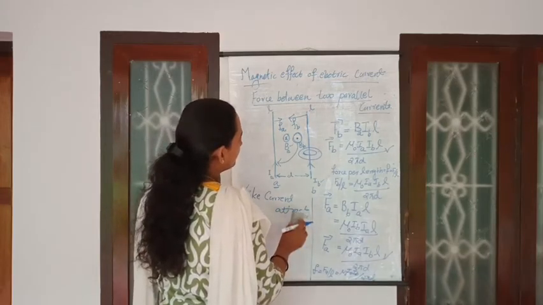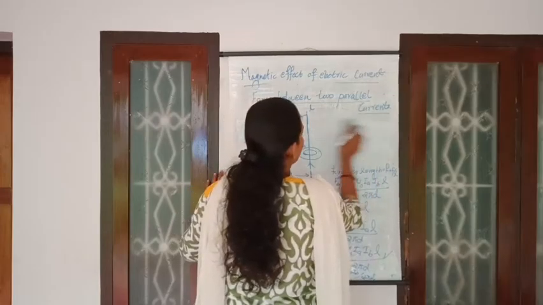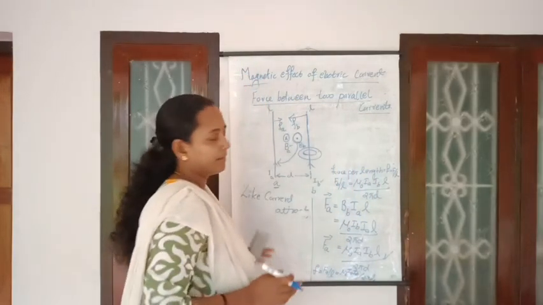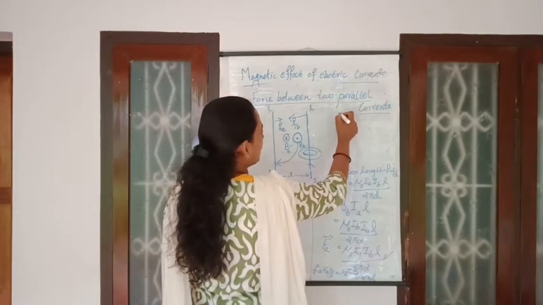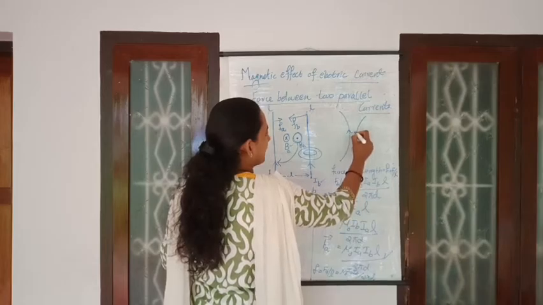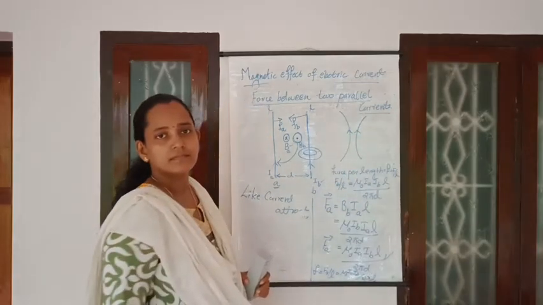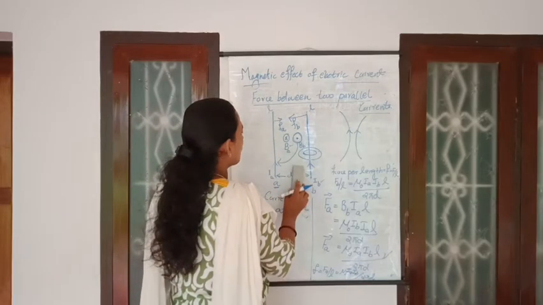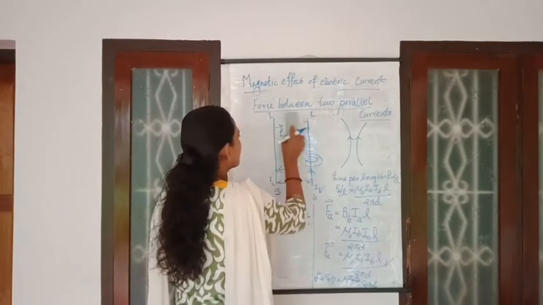So actually, the figure will look like this. Through two straight conductors, if current is passing, though a large amount of current is required for infinite length, they will get attracted like this. Then what will happen if the current is flowing in the opposite direction? You can check.